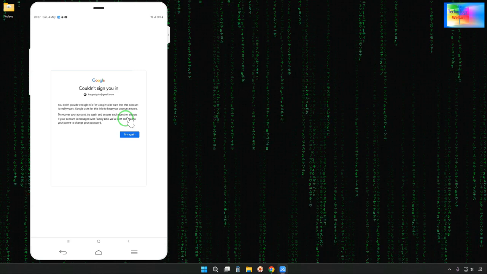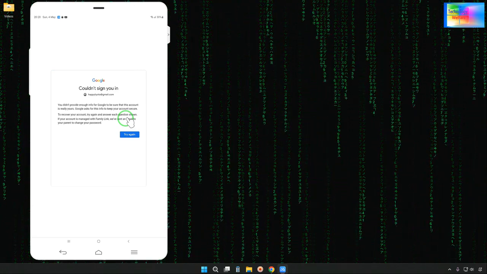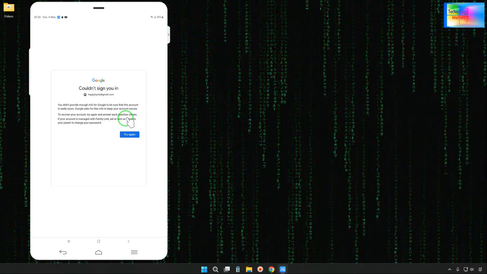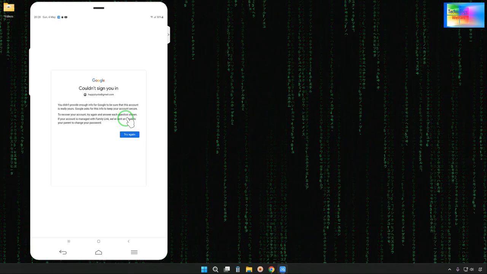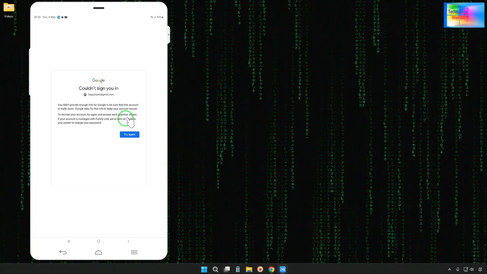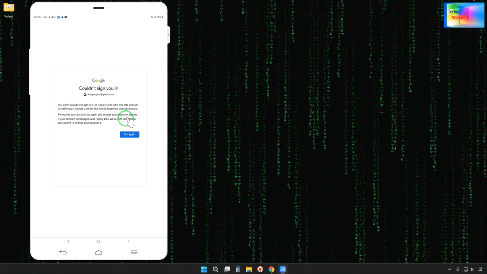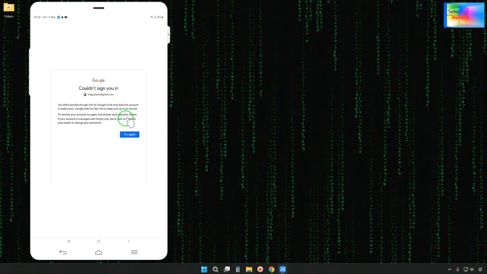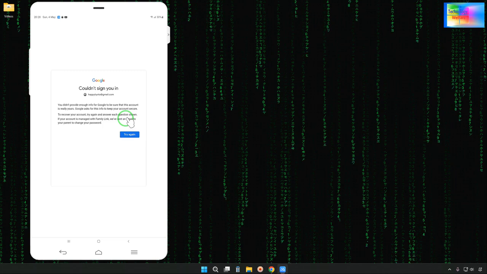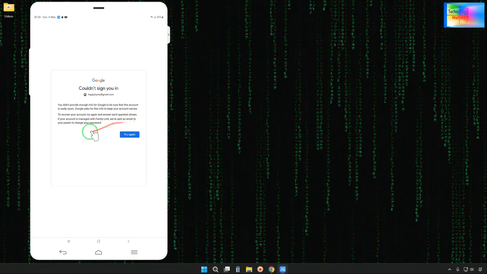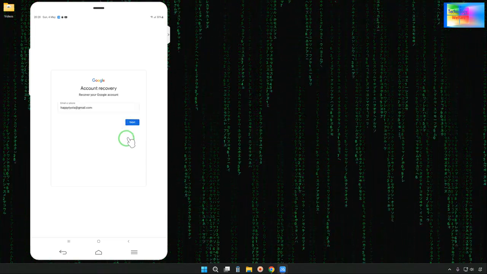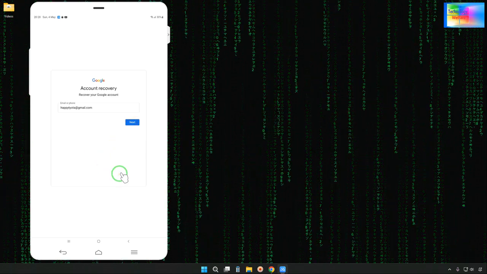Why is this coming? Because I did not provide enough information for Google to show that this account is mine. So how can I proceed? There are also options where Google asks questions to keep your account secure. To recover, we try again and answer each question, for example whether you're a parent or your account is linked with your family. Then we have the chance to email your parents to get the password. If I go for try again multiple times here, then this account